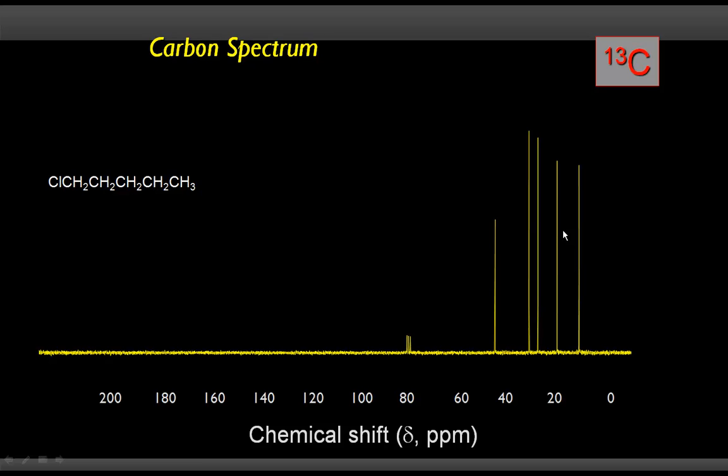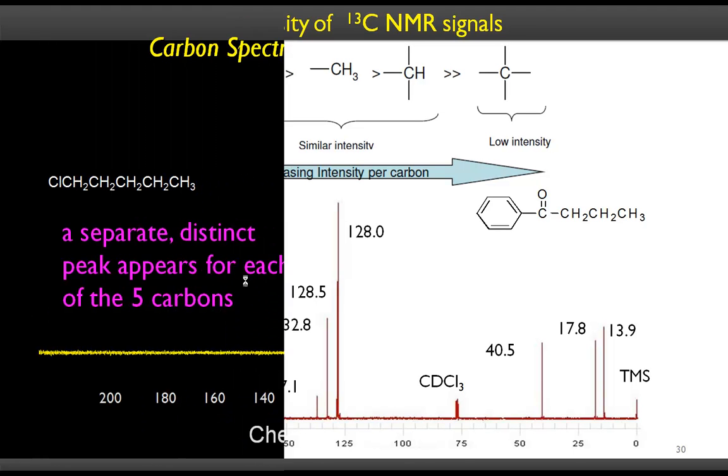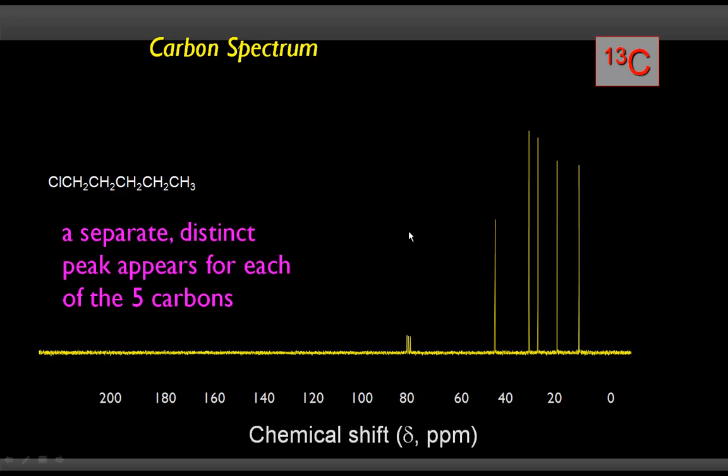So it's much easier to analyze the structure of a compound. At least the number of carbons can be easily deduced from the carbon NMR because it's not overcrowded; it's spread over 200 ppm, and rarely is there overlap in carbon NMR. A separate distinct peak appears for each of the 5 carbons. However, if you go back and look at the intensities, though they are all for 1 carbon each, the CH3 gives a peak, this CH2 gives 1 peak, and the other 2 CH2s give peaks, but their intensity is not the same